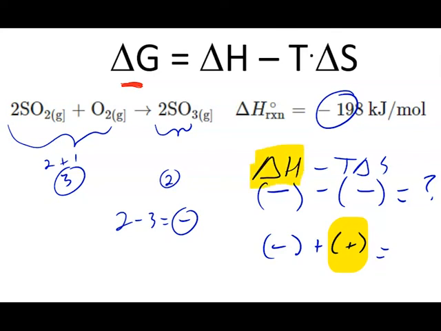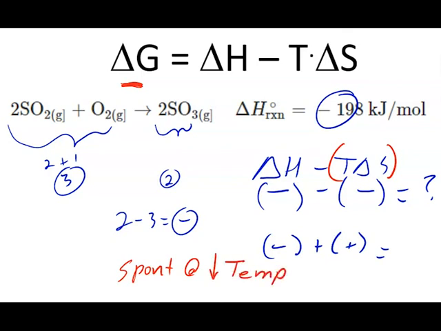We can't change the size of delta H or delta S, but we can change the size of the temperature. So how do we make T delta S small? We're going to reduce the temperature. So this will be spontaneous at low temperatures. Does that mean it's cold? No, it just means if you keep reducing the temperature, at some point, the positive delta G will flip to a negative delta G, and you'll have a